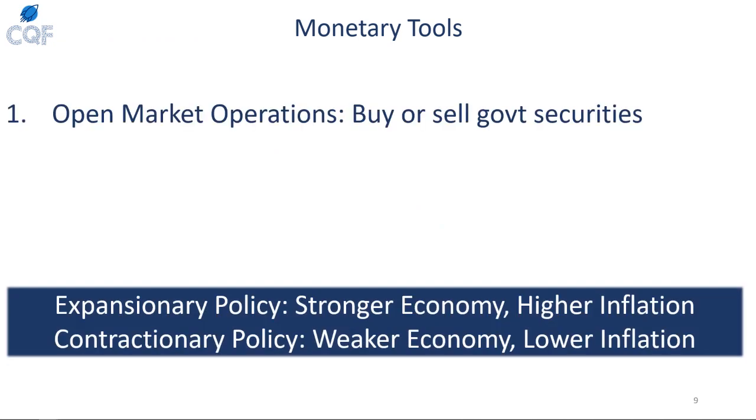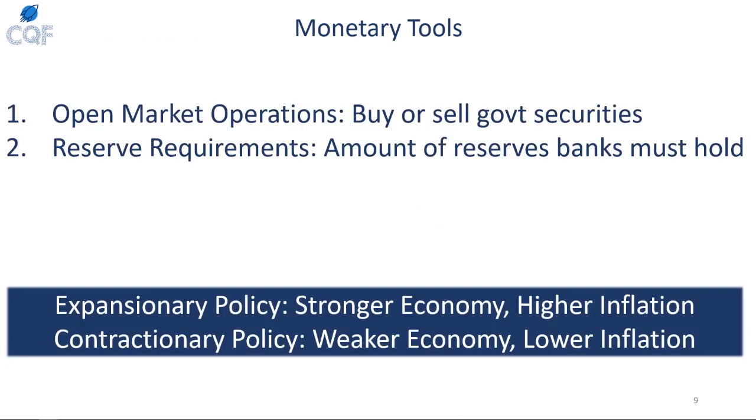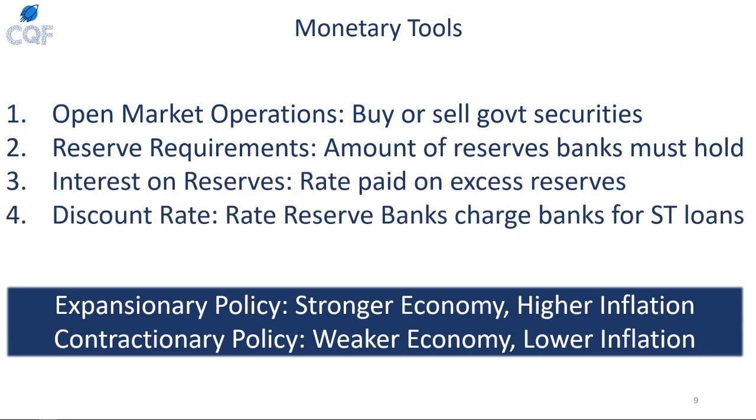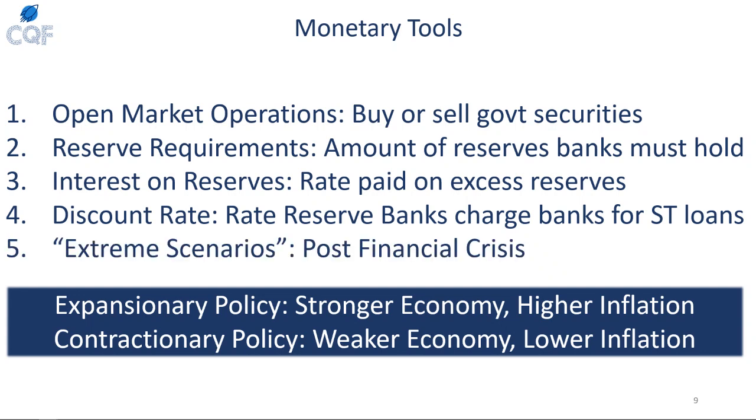So what tools does the Fed have to achieve those goals? It comes down to either expansionary policy or contractionary policy. Expansionary policy means a stronger economy and lower unemployment, but then you get higher inflation. Here I have 4 with 1 additional different tools that the Fed can use, and I'll give you an example of what expansionary policy would be for each of these. A quick shortcut would be to think expansionary equals banks will lend out money more. So when we go through these, I'll be asking what scenario would cause banks to lend more.